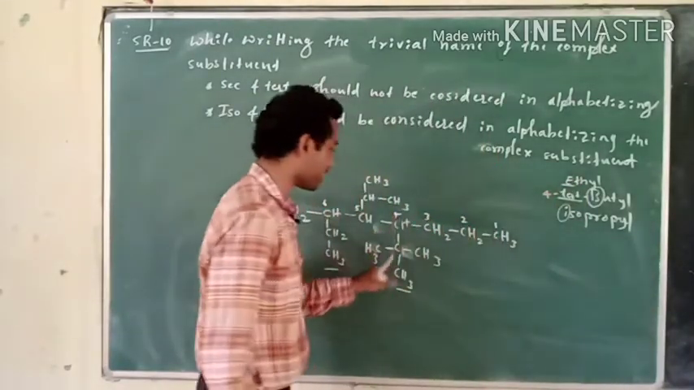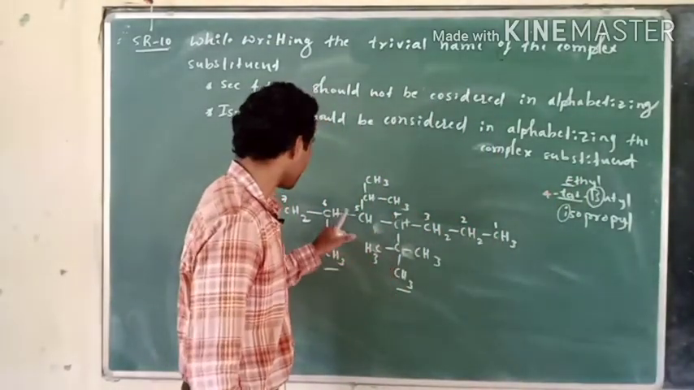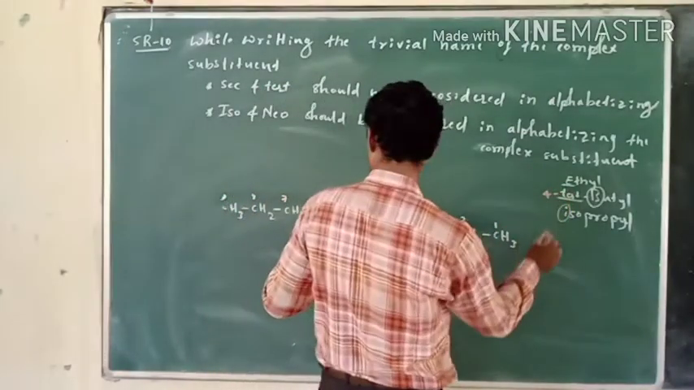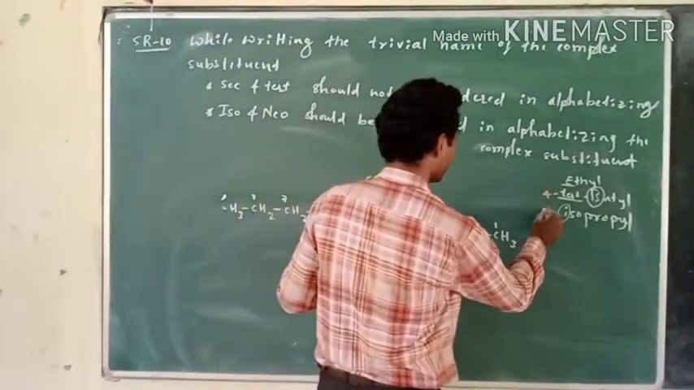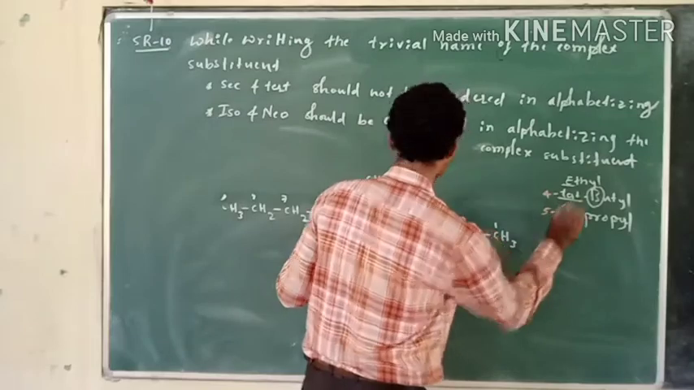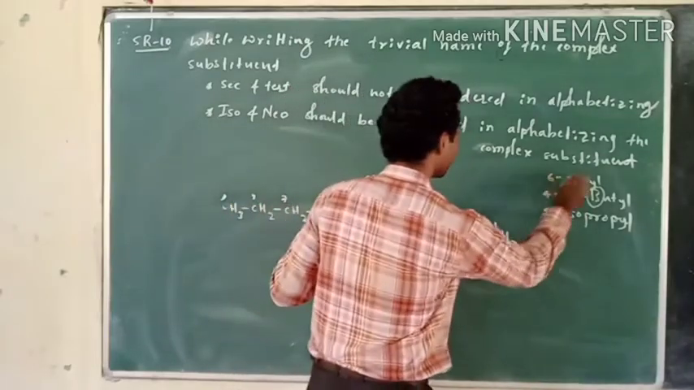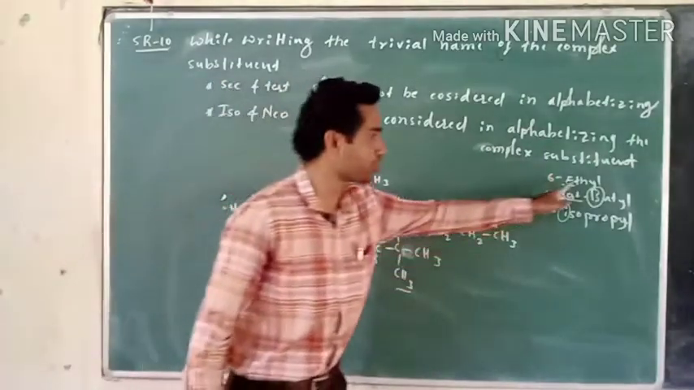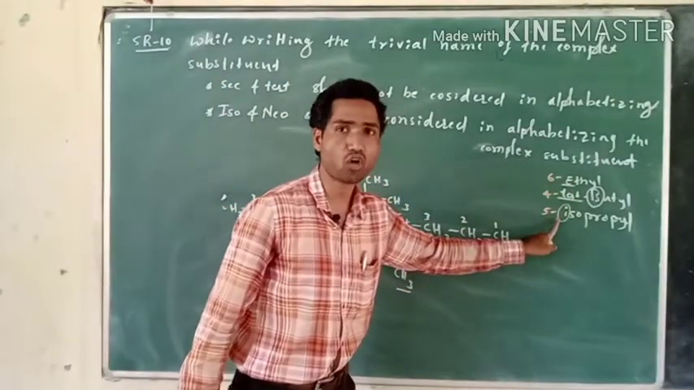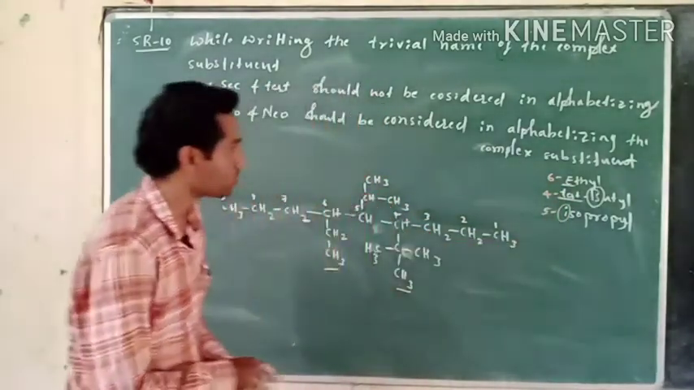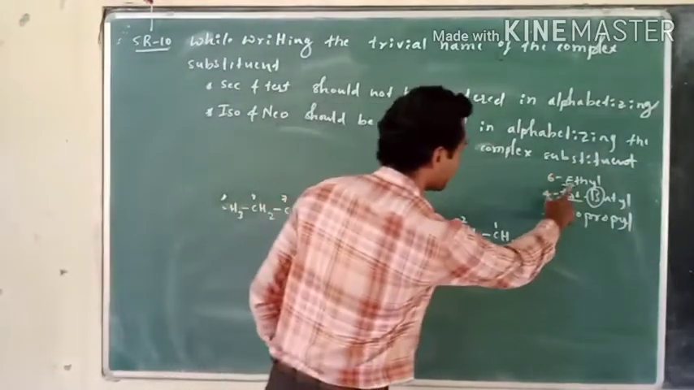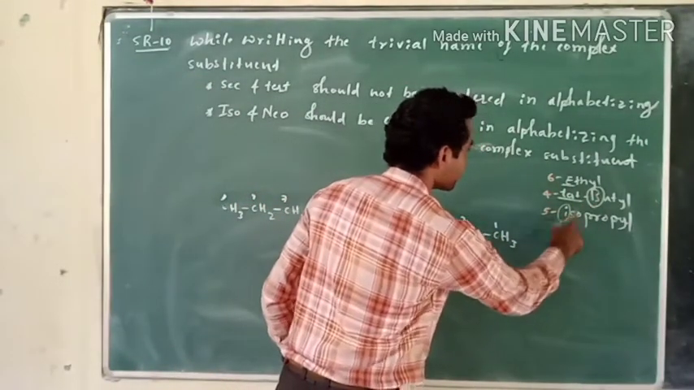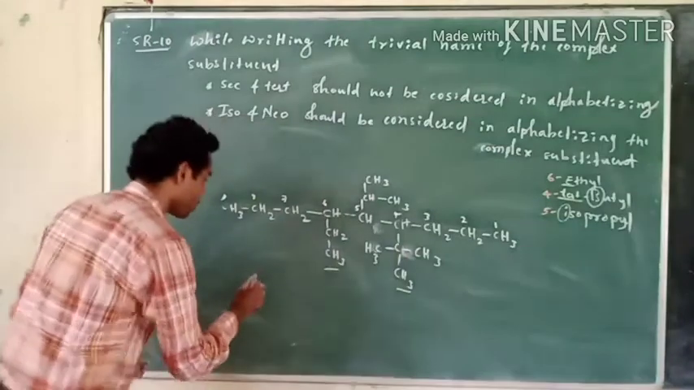Tertiary butyl is attached at the fourth position, isopropyl group is attached at the fifth position, and ethyl group is attached at the sixth position, right? So I have to list the substituents in alphabetical order while writing the prefix. Which comes alphabetically first out of E, B and I? B comes first. Therefore